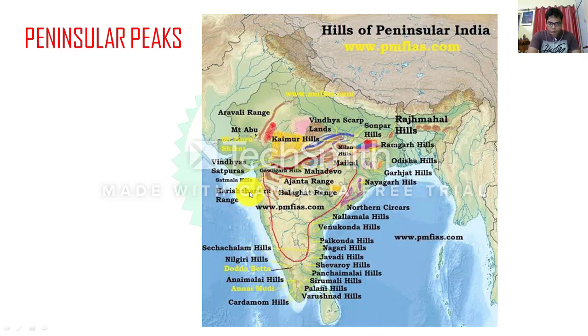In the Western Ghats you can also find a number of hills and ranges. Satmala hills are located here, the Harishchandra range also located here, and the Seshachalam hills is located here. The Nilgiri hills is the joining point where you can see the Eastern Ghats and Western Ghats meet, and the Annamalai hills are also located here. This is the highest mountain peak or hills in peninsular India, and also the Coromandel hills. So these are mainly the hills you can find over here.